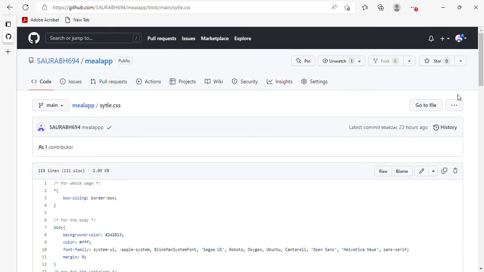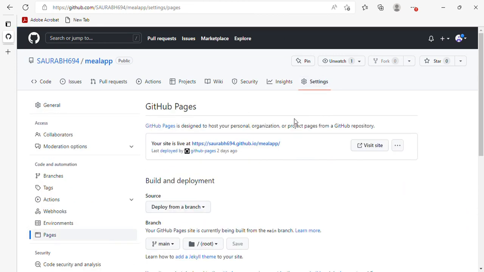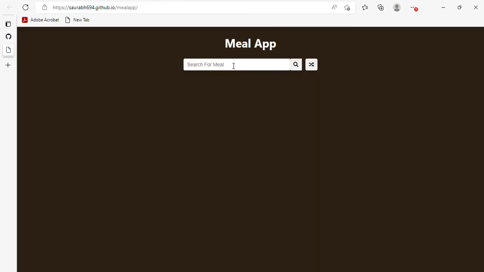Now I will show you how to run this code and how it will look. Now this is my meal app. Here if I type chicken, now you can see that